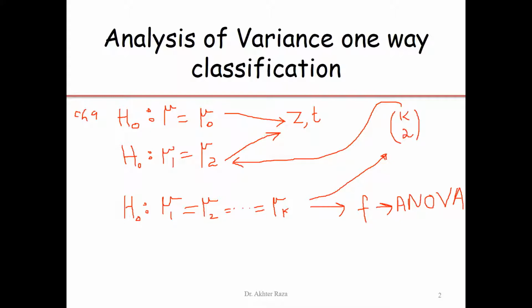You can test these multiple means by several two-mean t-tests, but it has several issues. One of them is a very lengthy procedure. We have to implement the procedure k combination 2 times. Other is the issue of degrees of freedom. So instead of the t-test, we are going to analyze the multiple means by the F-test. This is the technique.